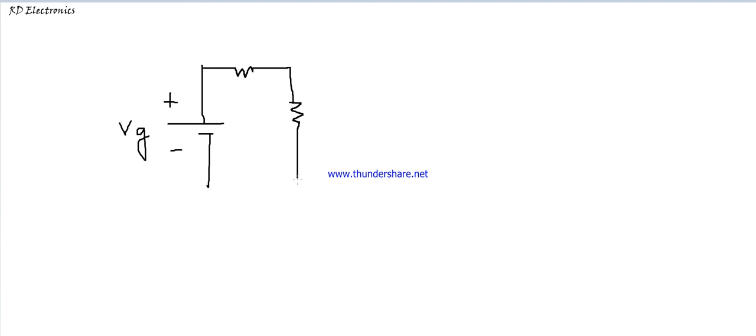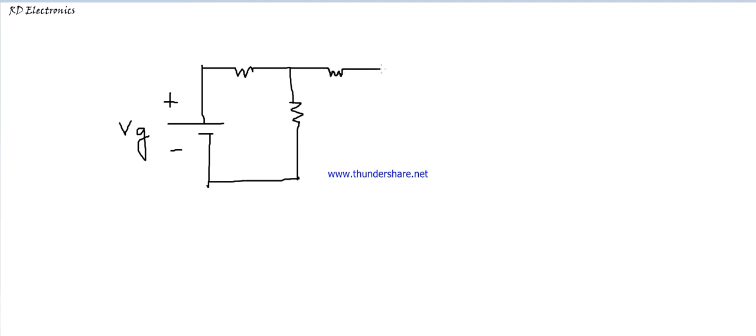It's about mesh analysis in circuit theory, to measure the current in each mesh or loop in the circuit. So first of all, consider one circuit. This is a DC voltage source. This is the polarity of this source and the magnitude is Vg. Here we connect one resistance, here we connect another resistance,